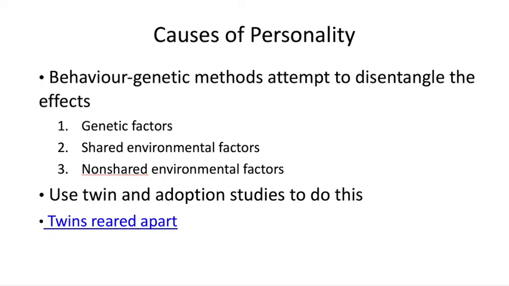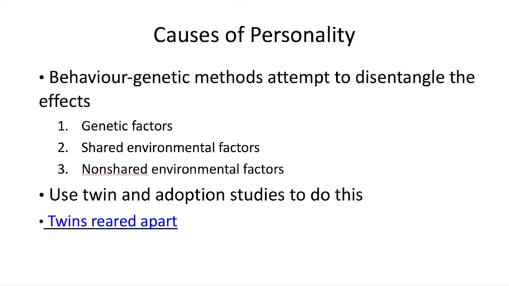The factor of environment can actually be broken down further into two distinct factors. The first environmental factor we call shared environmental factors. And then the second factor is called non-shared environmental influences. Shared environmental influences are any influences that are shared by genetically related people. For example, a neighborhood and someone's socioeconomic status are both variables related to shared environments if we're examining two siblings, since obviously they grow up in the same home, in the same neighborhood.